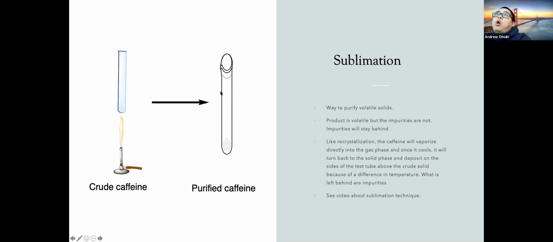So it'll hit these walls of the test tube, which is much cooler than the bottom where the flame is. So it'll deposit back to the solid phase, and then these particles right here are supposed to represent the purified crystalline caffeine. And at the bottom, what's left is the crude brown material, or your impurities. Okay, so just to recap,